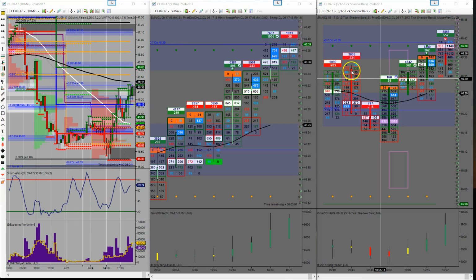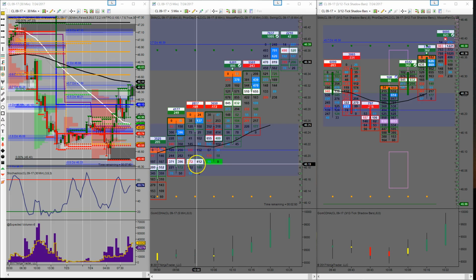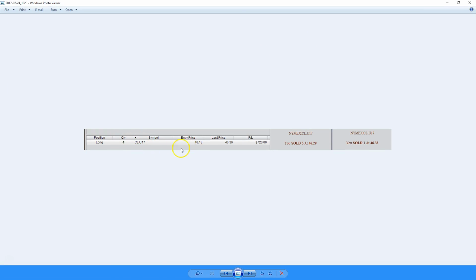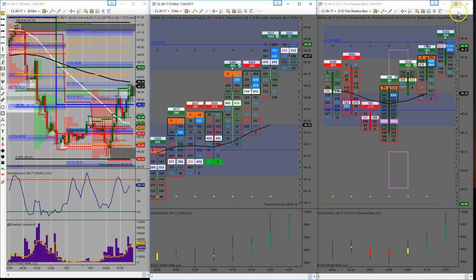Okay, guys, I had to step out for a bit. Let me get you caught up. I got long 4 contracts, 46.18 back over here, I believe it was, and yep, right there. I should make that bigger. And let's see here, 46.18 right there. Peeled half off at 46.28, it was supposed to be, but it came off at 29. I took a screenshot of everything. Okay, long 10 contracts, 46.18, got half off at 46.29, and just peeled another one off at 46.38 just a bit ago for 20 ticks. So that leaves me 4 contracts long at